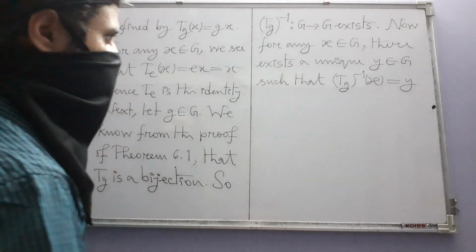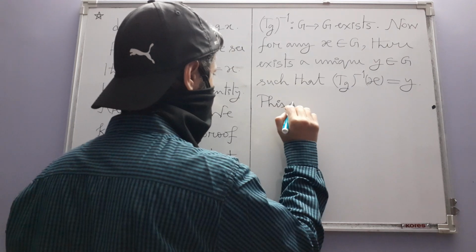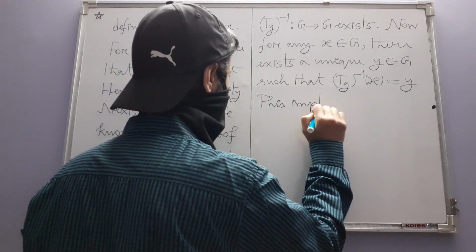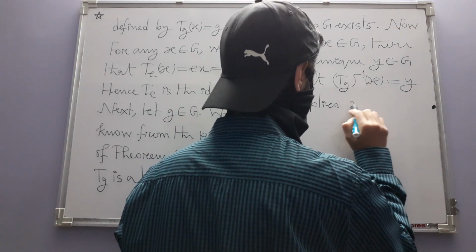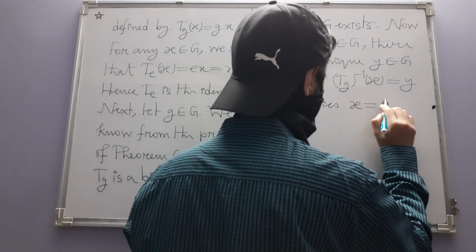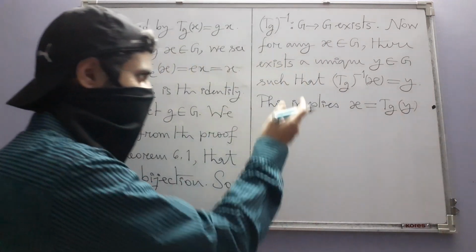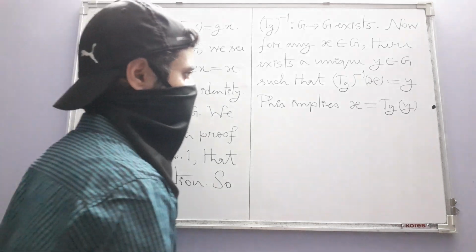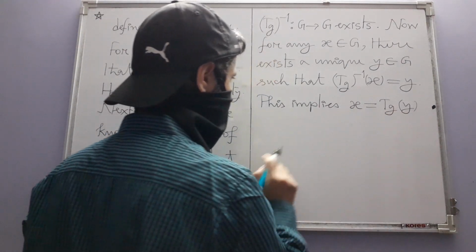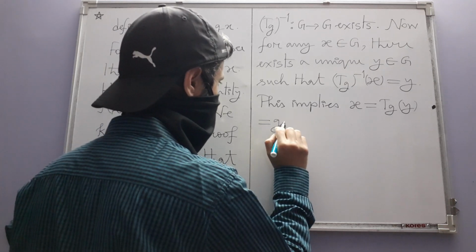Obviously, this implies x is equal to T_g of y, because in fact that is the definition of T_g inverse, and we already know what T_g y is. It is nothing but gy,